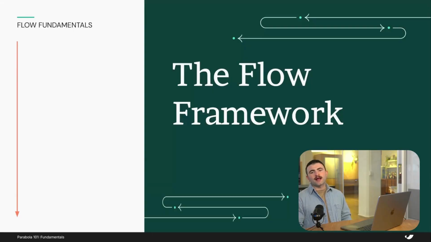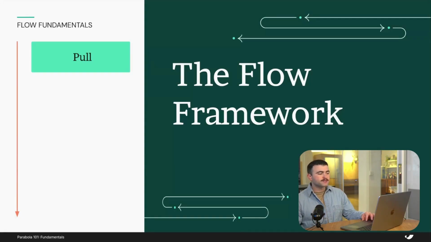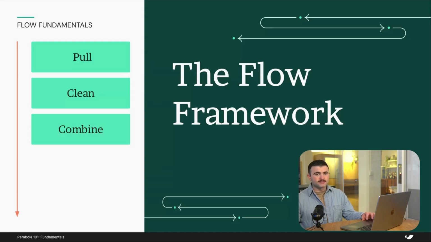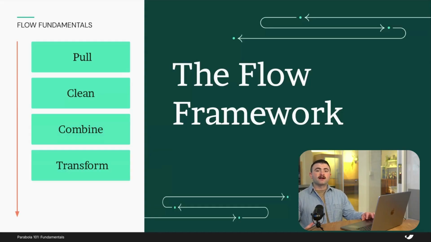The flow framework outlines the most foundational building blocks of flow building and is meant to make the process feel more straightforward and actionable. It has 5 steps, and it starts by pulling in data from all of our different data sources. From there, we can clean that data before we combine it across sources, and then layer on more of our business logic when we transform that data. Finally, once our data is actionable and formatted correctly, ultimately we can go ahead and send it off wherever it needs to go. Altogether, we have pull, clean, combine, transform, and send, or